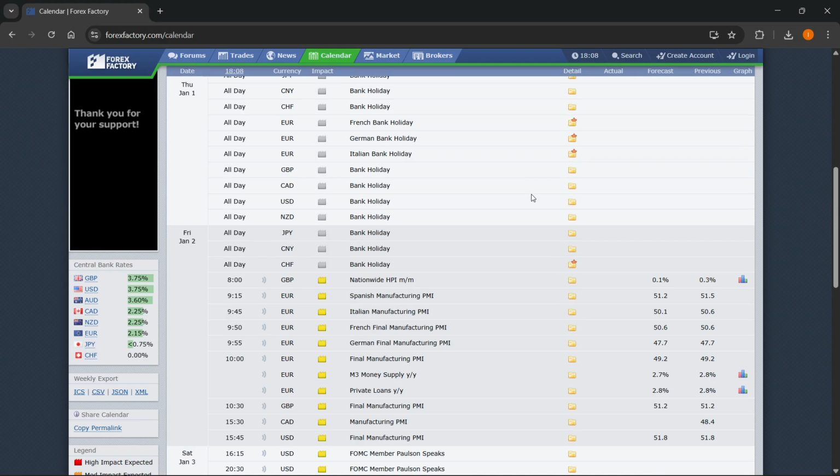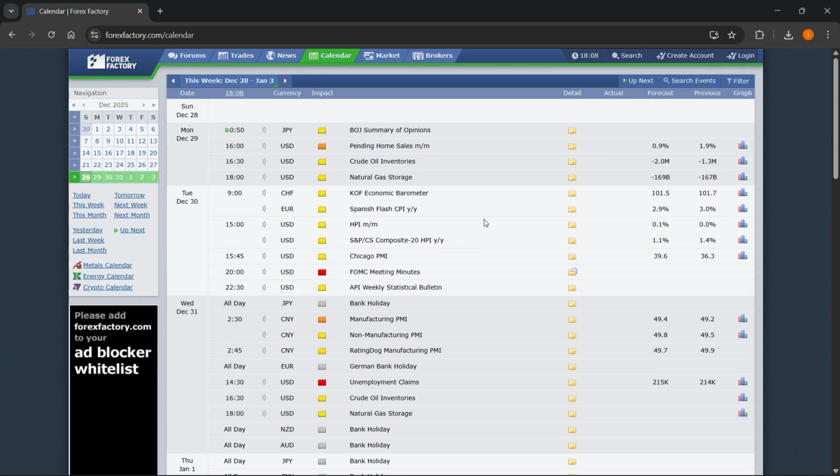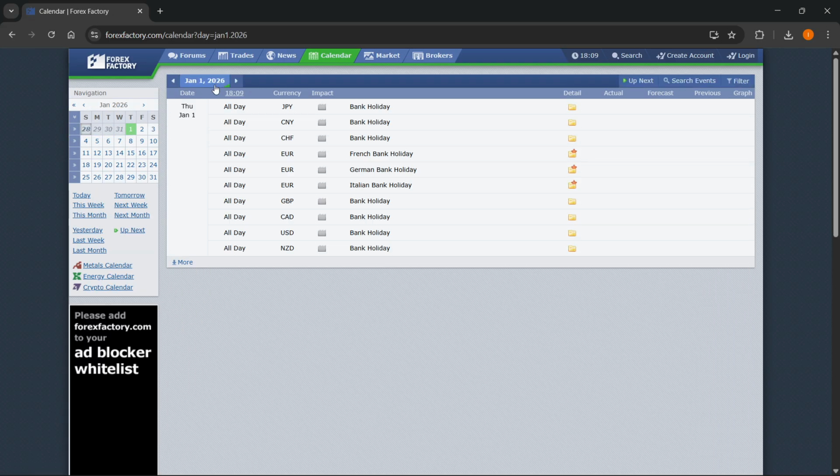Now, the second one, of course, is you can scroll down and see more of the calendar, or over here on the left hand side, as you can see, you basically have this navigation panel. Now in here you can go ahead and filter by date, so we could go ahead and for example go into January, and then I could for example select the first over here, and this is going to put me inside January 1st 2026. Or of course I could go ahead and go back as well if I wanted to,